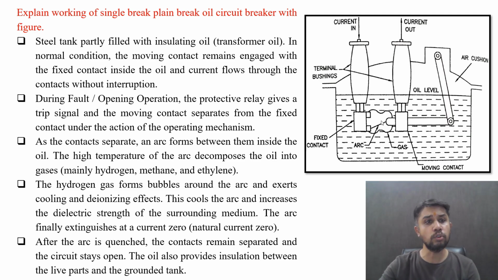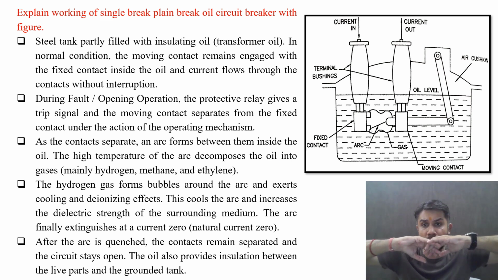Inside the oil, current flows through the contact without any interruption. From this, current is entering and these contacts are fixed, and current is leaving from this. So this is how the current flows, entering and leaving. Now during the fault condition or opening operation, the protective relay gives a trip signal to the circuit breaker trip coil, which energizes and operates the breaker contacts, and the moving contact separates from the fixed contact. Under this action, the operating mechanism operates and the fixed contacts and moving contacts are separated like